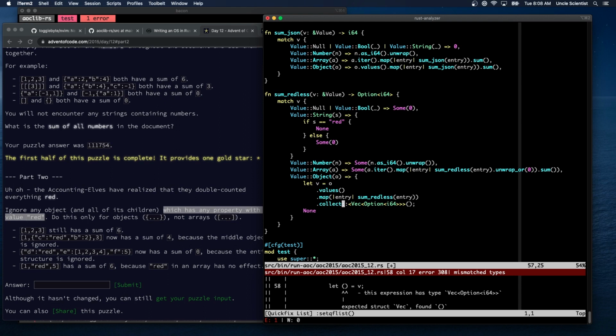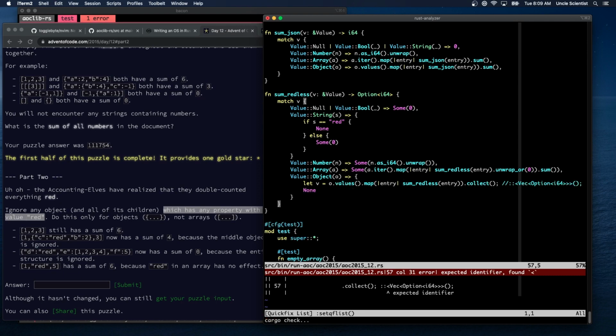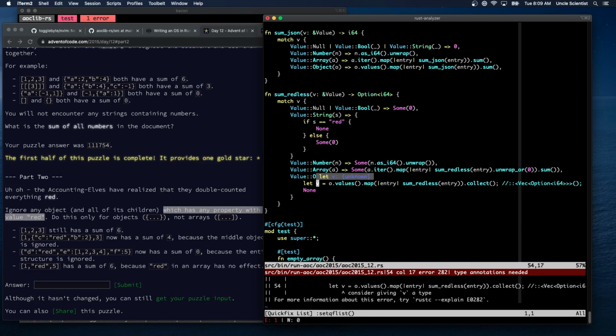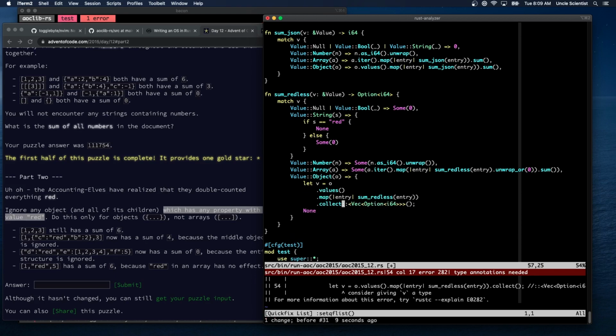But if I don't put the type, it can't figure it out. Yeah, it can't figure it out, for whatever reason, even though the map is mapping it to that type. Okay, so we have now a collection of options, and if any one of these is none, that means we had a string whose value was red. If everything is okay,